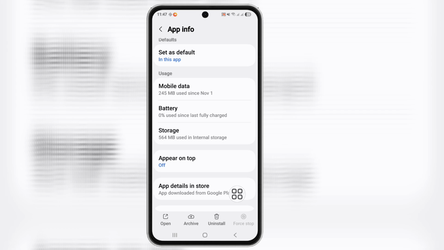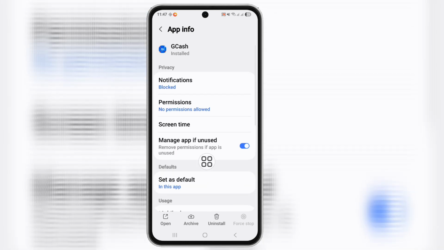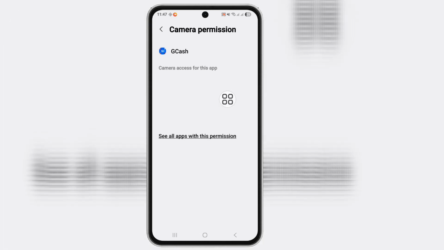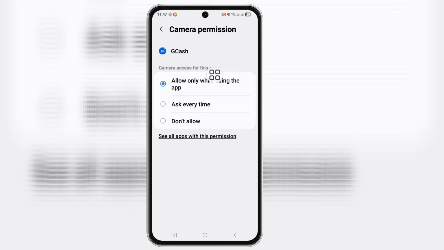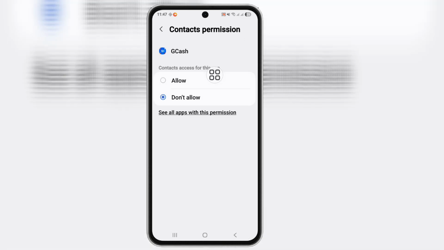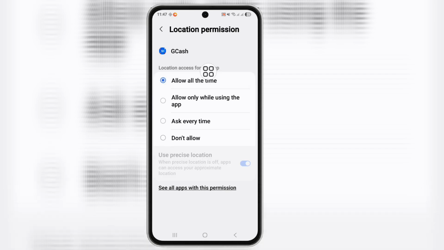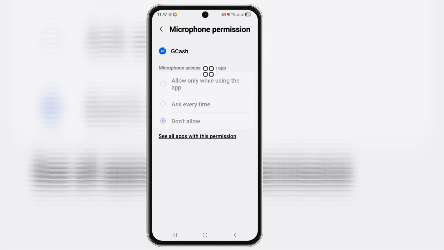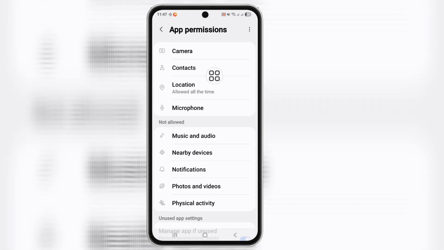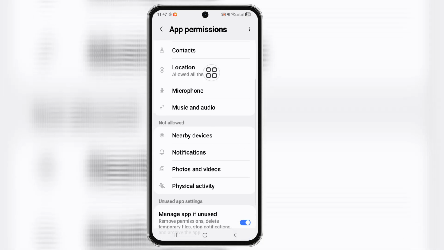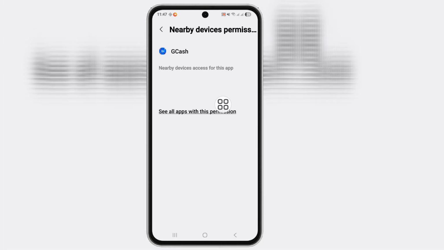OK, back, and now click on the permissions option and allow all permissions. Now click on the camera, allow, and contacts, allow, and location, allow, microphone, allow, music and audio, allow, nearby devices, allow,